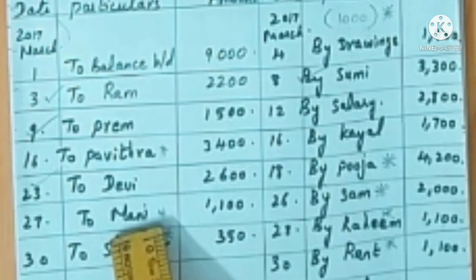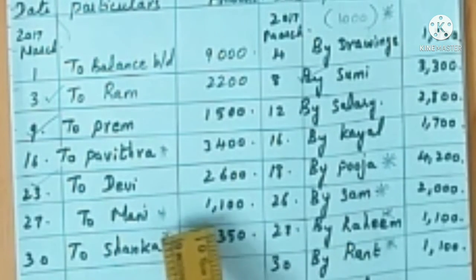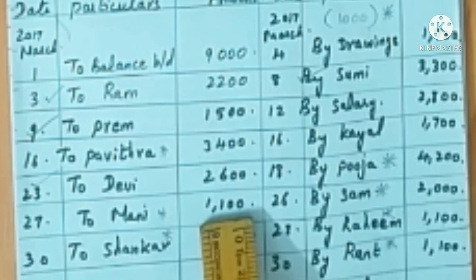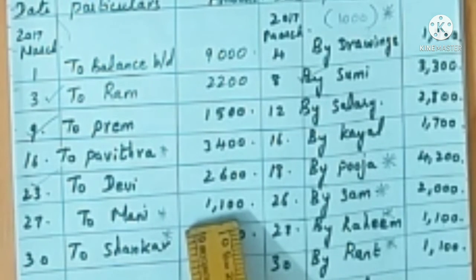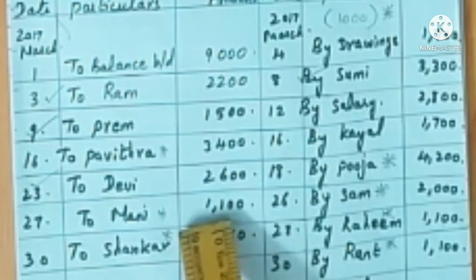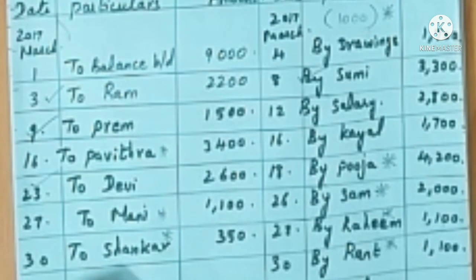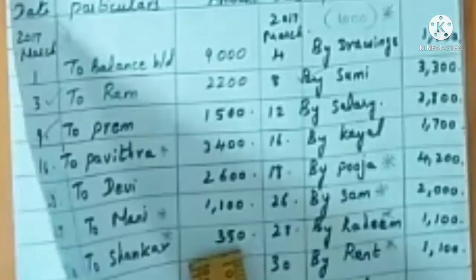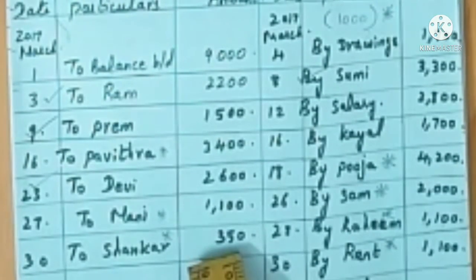Then to Money. This is also paid into bank. That is rupees 1100 is paid into bank. It has been recorded in the cash book but not in the passbook. So the passbook balance is decreasing. Since the passbook balance is decreasing, this 1100 should be deducted. Then to Sankar rupees 350. It is recorded in the cash book but not in the passbook. So what happens to the passbook balance? Passbook balance is decreasing but the cash book balance is increasing. For the cash book balance and the passbook balance to agree, this 350 should also be deducted.